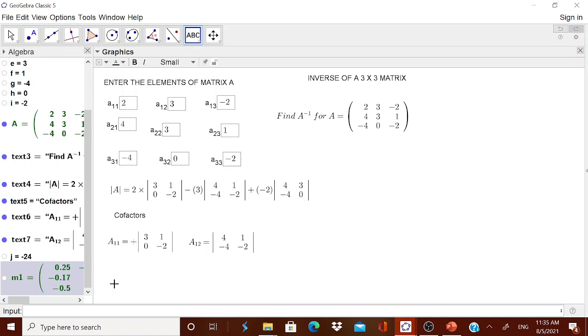But a very interesting thing is that a child will take a problem from his textbook and enter all the values over here, and here he will be able to check the value of the determinant, what the individual cofactors are, and how they have been obtained. The cofactors are not displayed over here, only the values. The steps of how they got it are also explained in this worksheet, and they can find the A inverse. Remember, finding A inverse is very important for a very long answer question, because for solving a system of equations, finding A inverse is the major part in solving the problem.